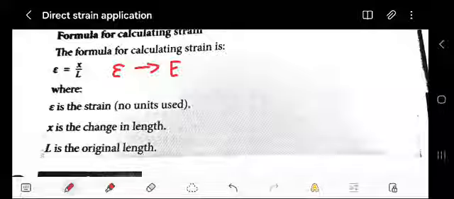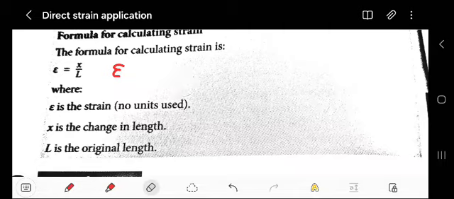Strain is given by epsilon. You see that it is different from the big capital letter E, which is Young's modulus of elasticity. Do not write it like this, write it like that. Do not confuse the two, right? This one has no SI units,